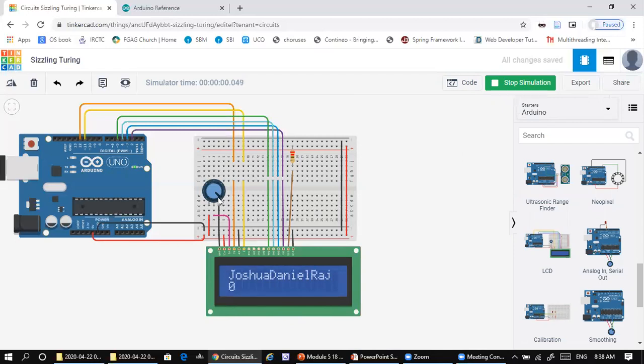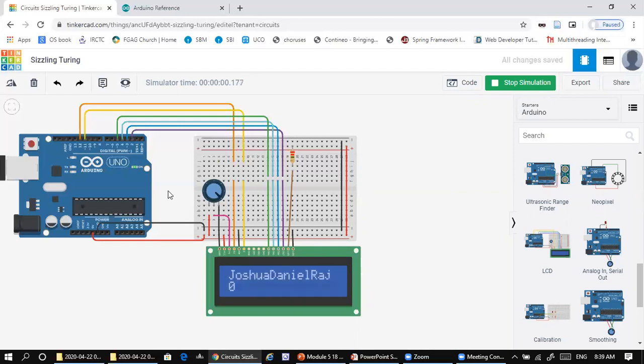If you want to change the brightness of the LCD, you can use this potentiometer. You can see that nothing is visible when I bring it to the maximum point, and you can make it visible again.